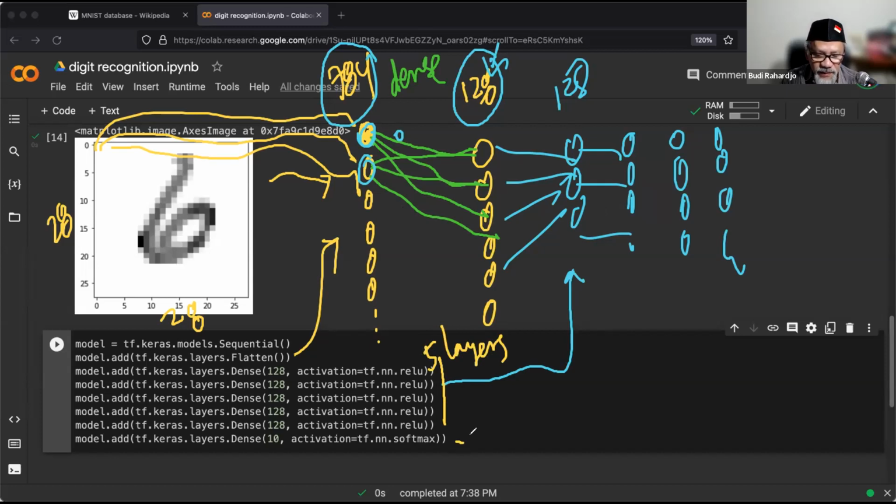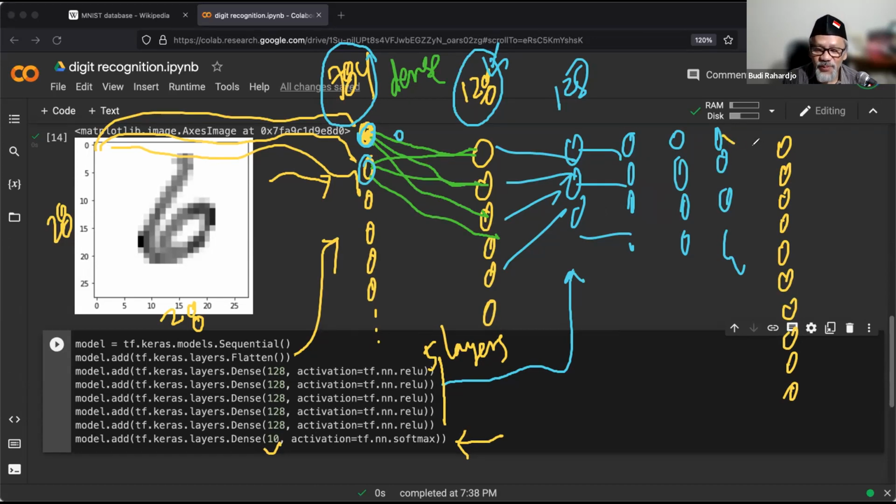Now, the last one has only 10 neurons. We have 1, 2, 3, 4, 5, 6, 7, 8, 9, 10. Now, why only 10? Remember, we're going to assign 0 to 9. This is what we call the class.